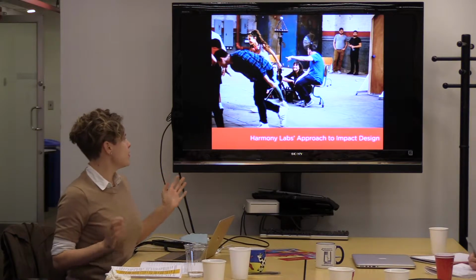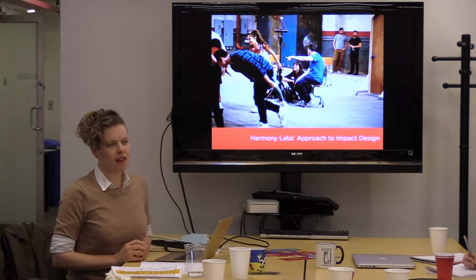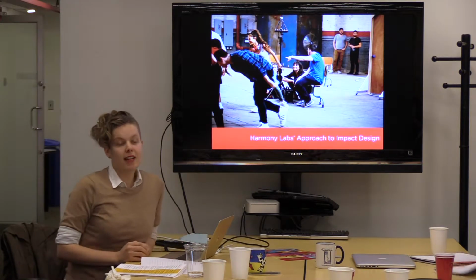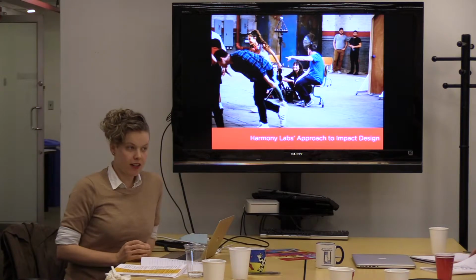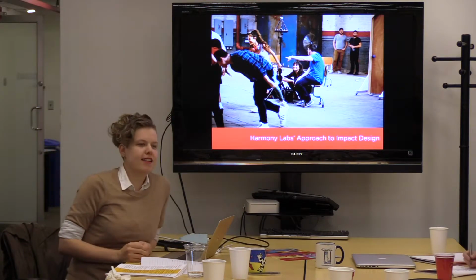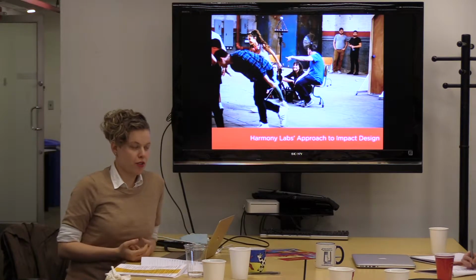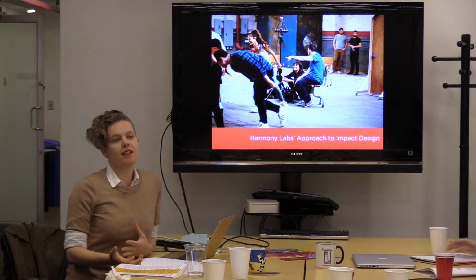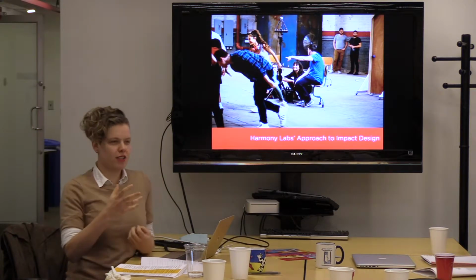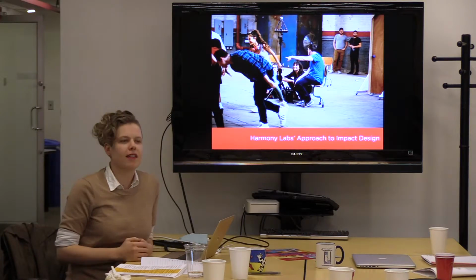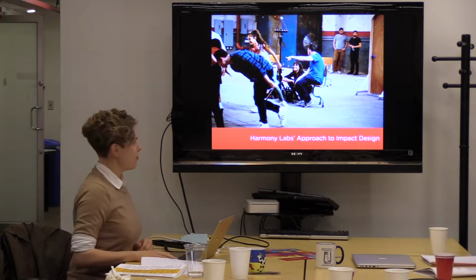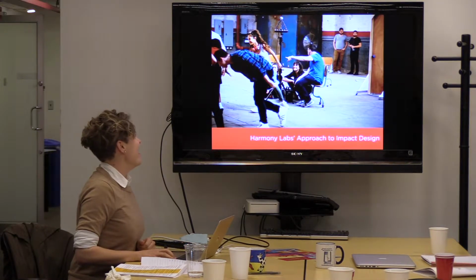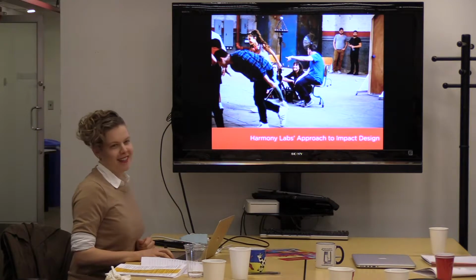So I'm now going to present a little bit about our approach to impact design. If you looked in the pre-work, you saw a little bit about it. It's linear, and it has a very specific structure. And I find that to be useful. Social change is super complex. I think it can help to have simple models. If you look at it and you feel like it doesn't apply to you, or it's resistant to the way you're thinking about your work, then we'll come up with something else. So just want to preface that. It looks fun. Yes, it may or may not involve dance.